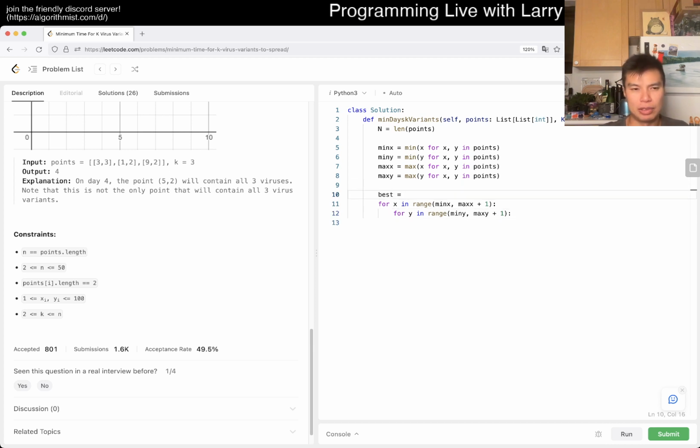Best is equal to, I just say n times, I don't know, 3. It doesn't really matter. N times 3 should be infinity, because you can do a proof to show that that should be sufficient for any number. But yeah, before, maybe I'll write this as cx, cy for current x, current y. So then I can write this, and then